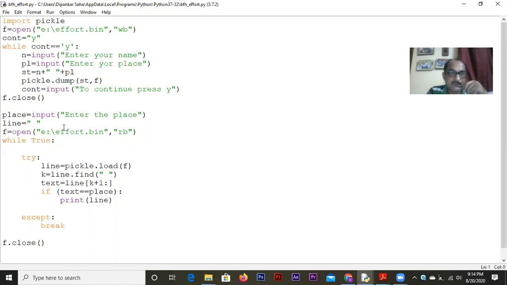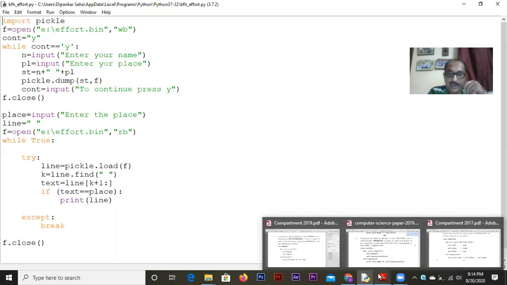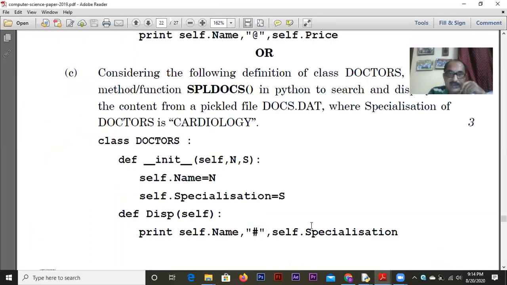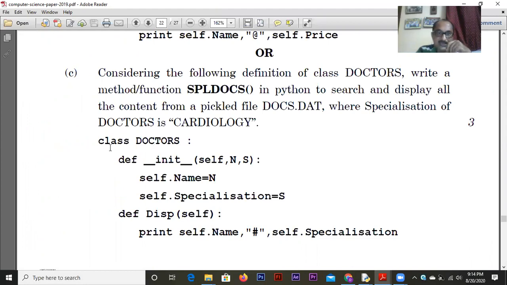But before I get into this, I would like to show you some CBSE papers. If you see the 2019 paper, it was the Python part. This question was asked in a slightly different way through another concept called class and objects.